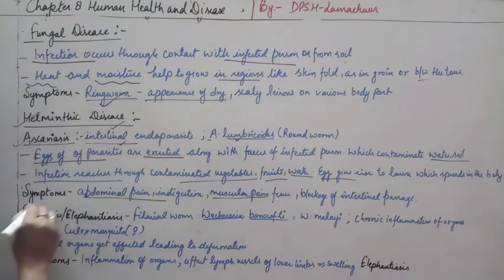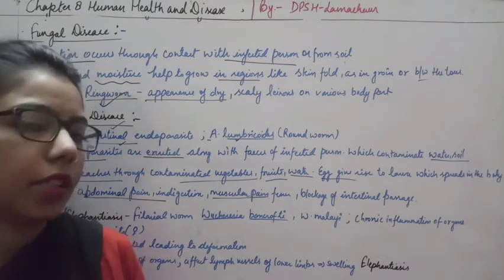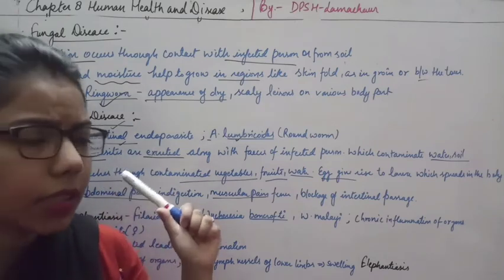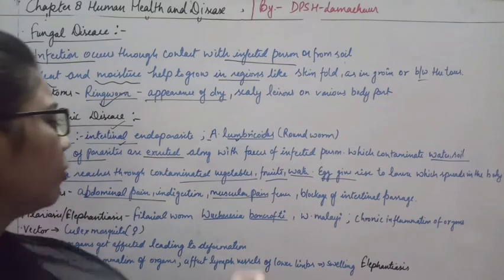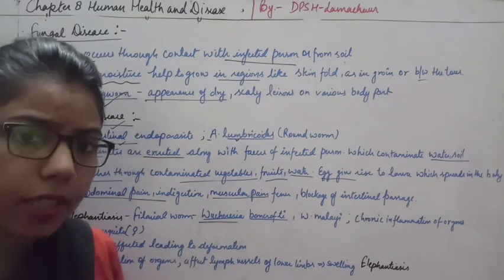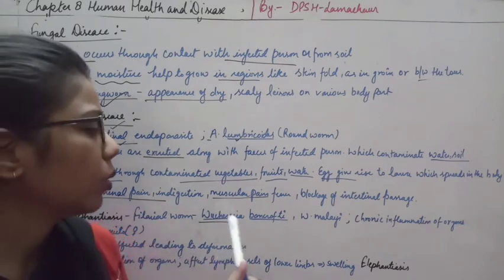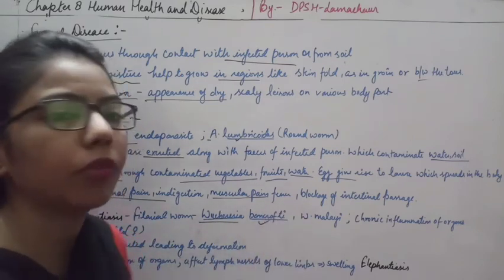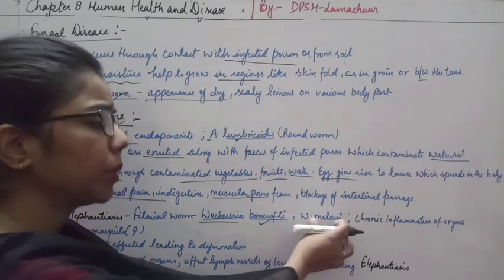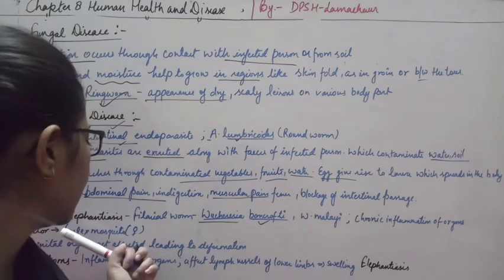Then another disease, filariasis. Filariasis is also known as elephantiasis. Again, this disease is an example of a helminth disease. In this disease, what will be the causing agent? Wuchereria. Wuchereria species, which is also known as the filarial worm. The species can be bancrofti, or it can be malayi. So two species of Wuchereria are there, which can cause which disease?